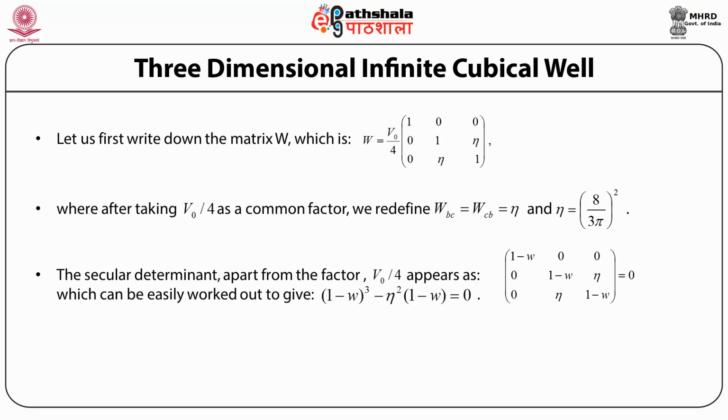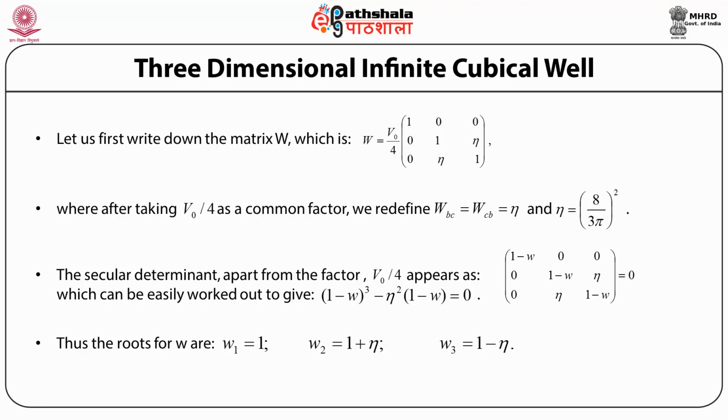This determinant is 0, which can be easily worked out to give (1 minus w) whole cube minus eta square into (1 minus w) equals 0. Thus the roots for w are w1 equals 1, w2 equals 1 plus eta, and